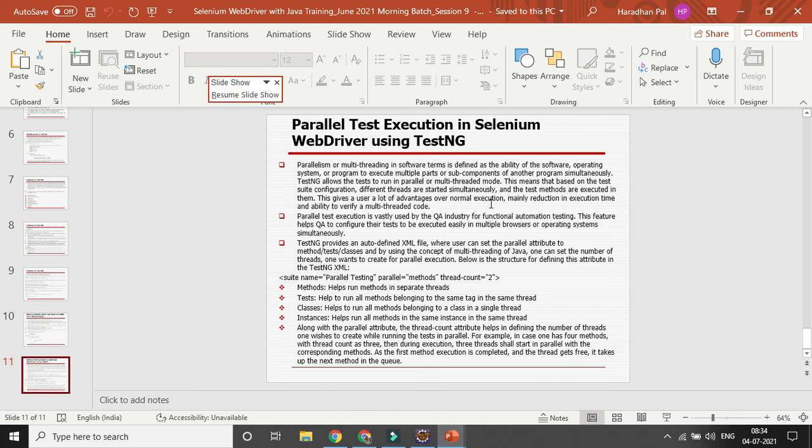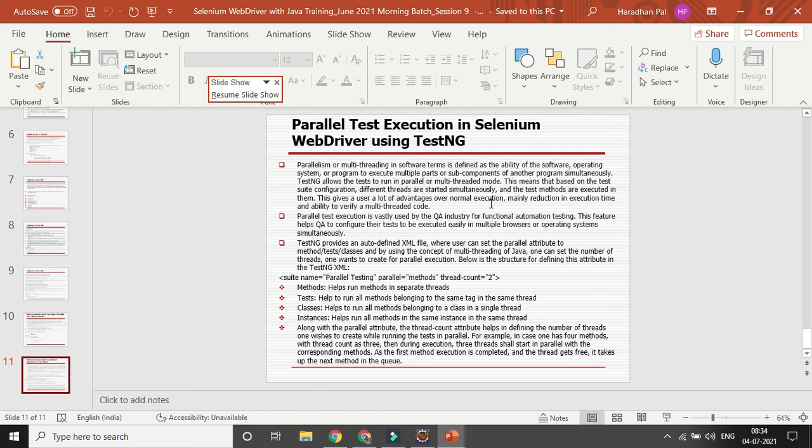This means that based on the test suite configuration, different threads are started simultaneously and the test methods are executed in them. This gives a user a lot of advantage over normal execution, mainly a reduction in execution time and the ability to verify multi-threaded code.